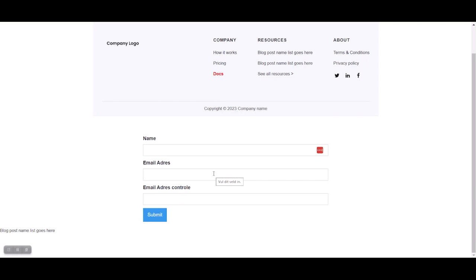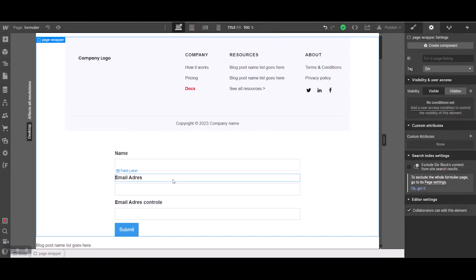So this is the form. It's a very simple form. It has only a name input field and 2 email fields. Let's see, in the backend,